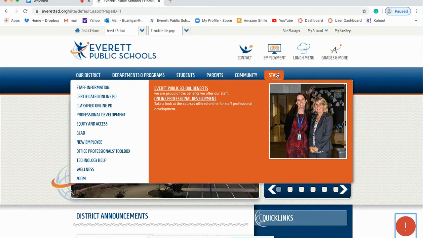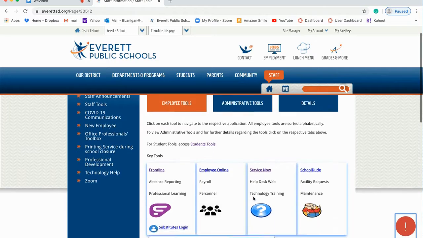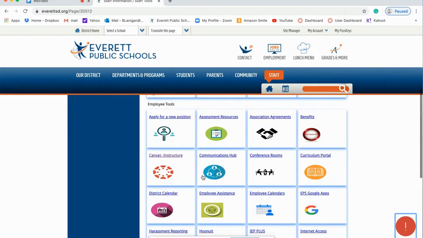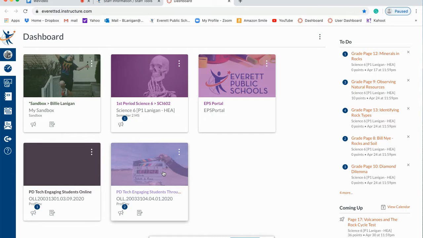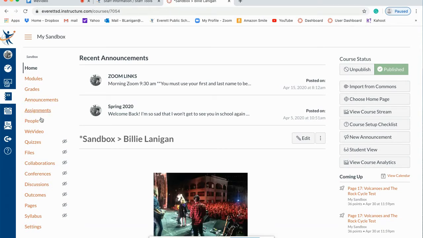If you go to staff, click on staff, and down here where it says more staff tools, you're going to have all of this fun stuff. And there it is. Click on Canvas and it will take you to your Canvas page. Everybody has what's called a sandbox. If you go into sandbox and look for WeVideo, they're in different places. I've messed with mine before. But if you go to WeVideo,